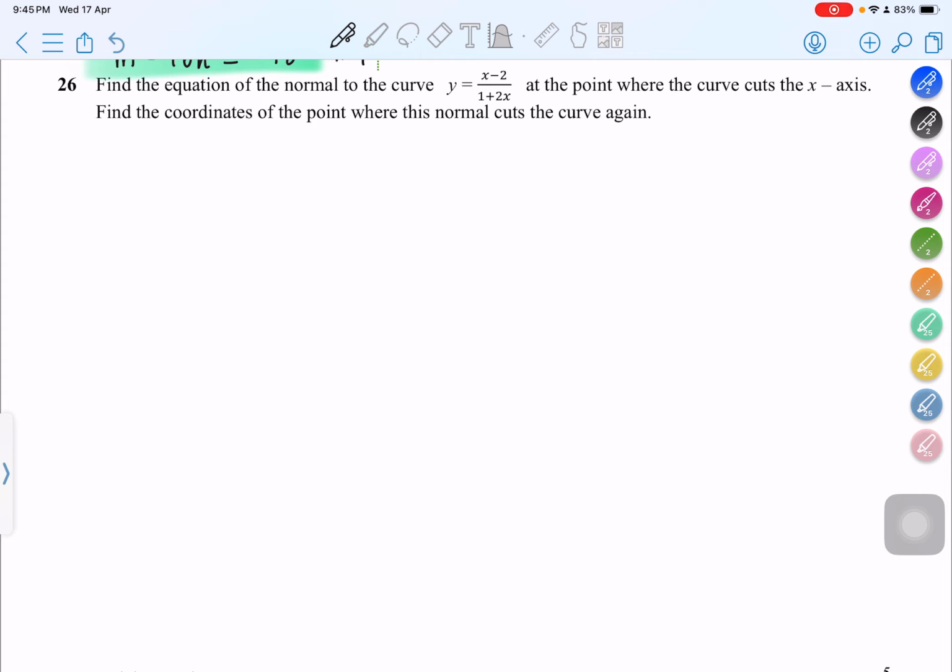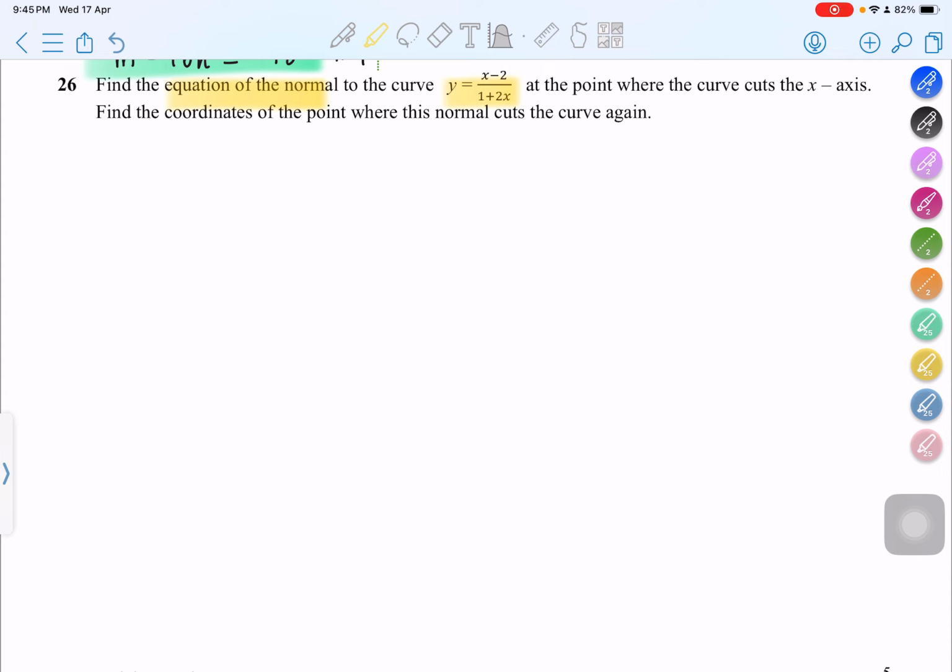Hi everyone, this is about question 26. Okay, we look at question 26. Actually, this question has two parts. They want you to find the equation of the normal to the curve y equals (x minus 2) over (1 plus 2x) at the point where the